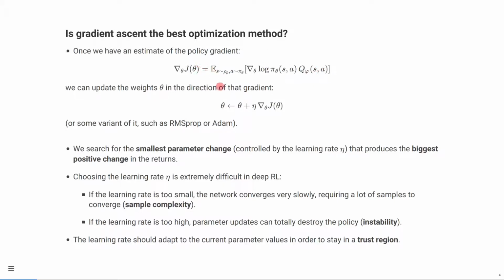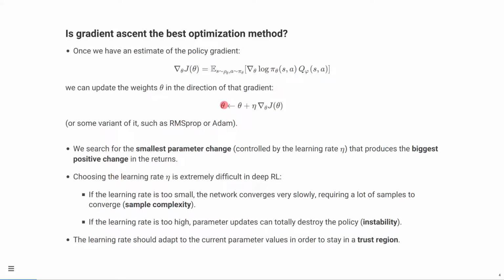So when we have the estimation, then we can apply that gradient to the weights using gradient ascent or some variants of it, RMSprop, Adam, whatever you want. So you're using the gradient